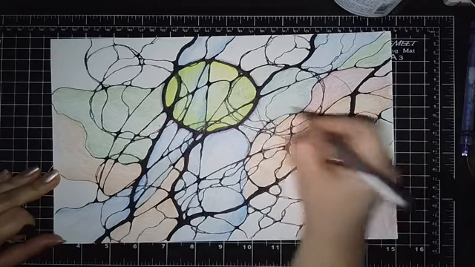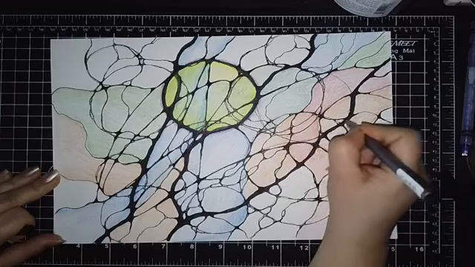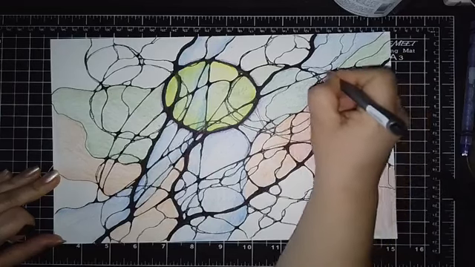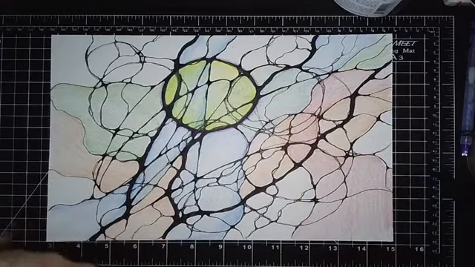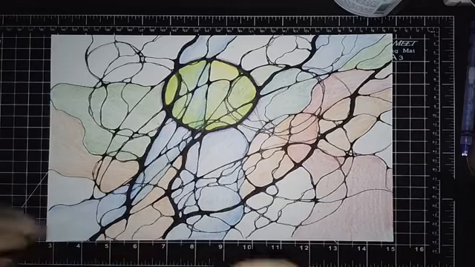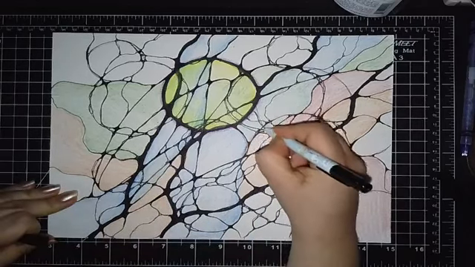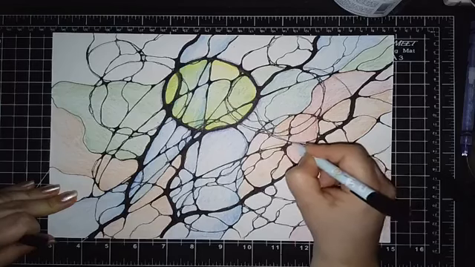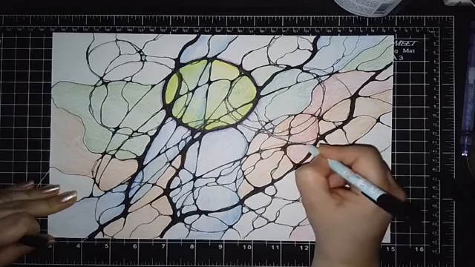I don't invent those circles. I just see them coming through the drawing. The drawing speaks to me, and I'm attracted to those shapes and circles, and I just bring them to the drawing.